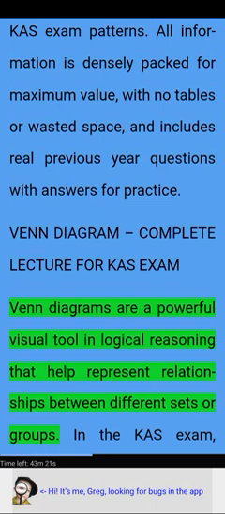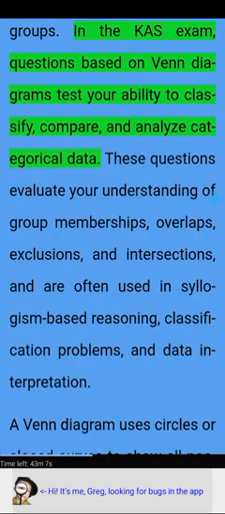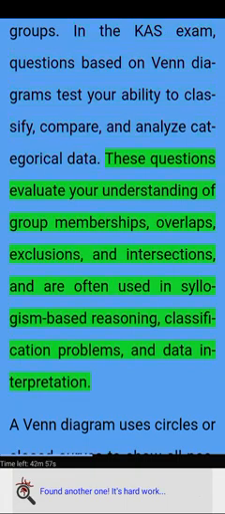Venn diagrams are a powerful visual tool in logical reasoning that help represent relationships between different sets or groups. In the CAS exam, questions based on Venn diagrams test your ability to classify, compare, and analyze categorical data. These questions evaluate your understanding of group memberships, overlaps, exclusions, and intersections, and are often used in syllogism-based reasoning, classification